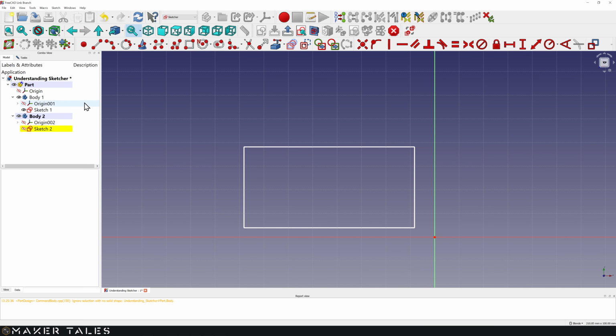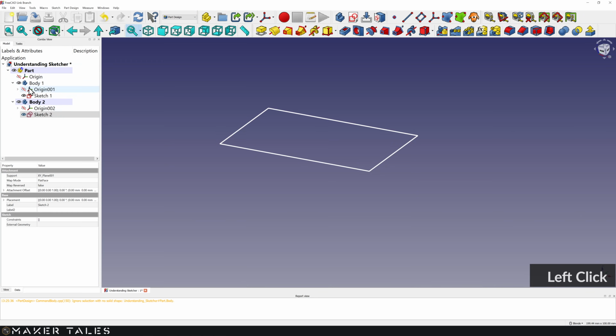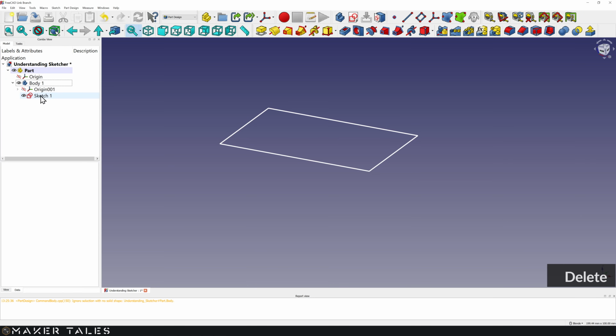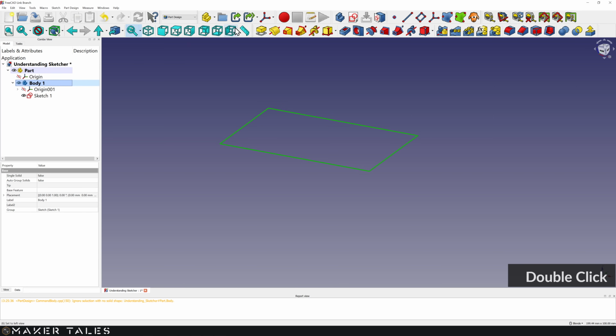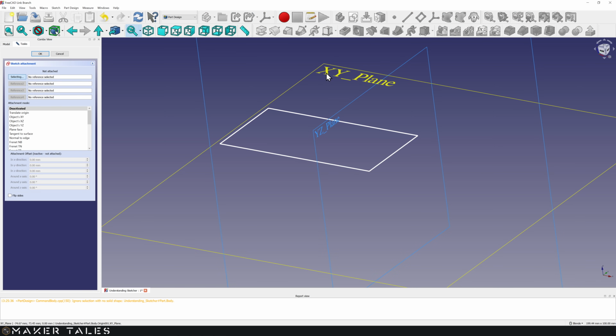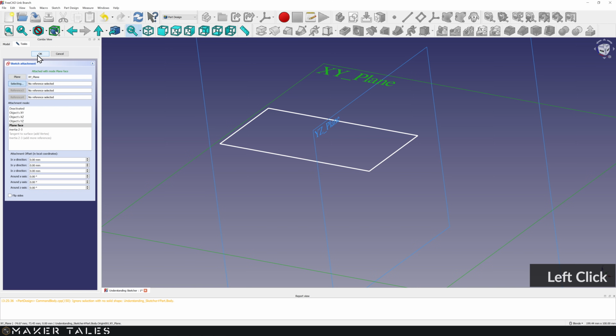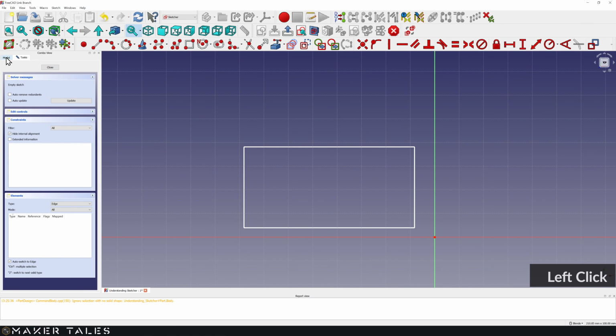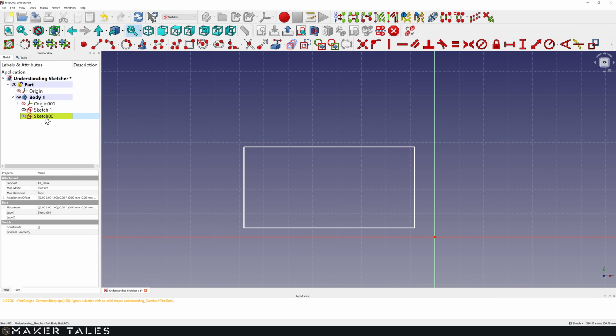Again, we need to do some prep. So we're going to close this task. We will just completely delete Body 2 now. We will create yet another sketch inside of Body 1. I'll select it just in case it doesn't do anything crazy for me. I'll go here, say on the XY plane once again, and we'll hit OK. I'll go back to the model view, quickly change this name over to Sketch 2.